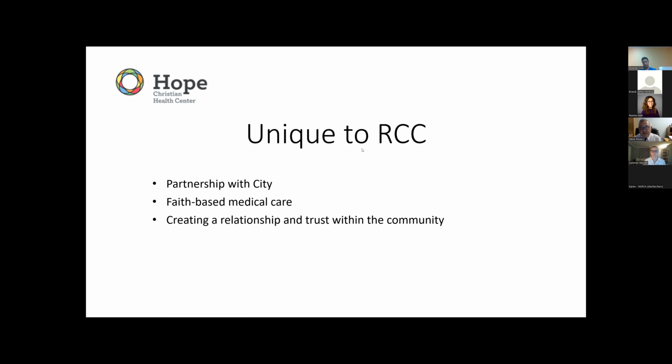Also, Hope Christian Health Center, we're faith-based medical care. So, of course, number one, we do all the science-based medicine care. However, patients know that we will offer prayer, that we will pray with them, that we will pray for them, that we believe in our hearts that Jesus Christ is the greatest healer. And so we provide more of a whole care. So it's not just the science, but it's also knowing that we're going to share with them our hearts, which should be a heart of God, and that we're going to care for them, and we're not going to do hit and run jobs.